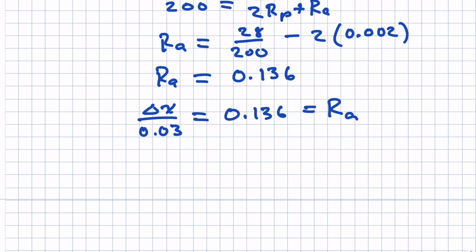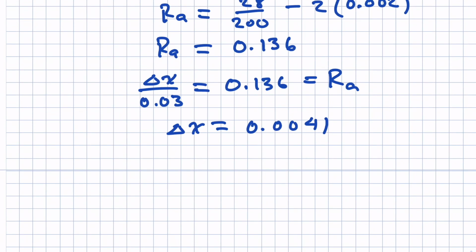That lets me solve for delta X. When I solve for delta X, I get 0.0041, and delta X would be in meters. All right, and so often we would convert something like that to a more easily visualized measurement. So